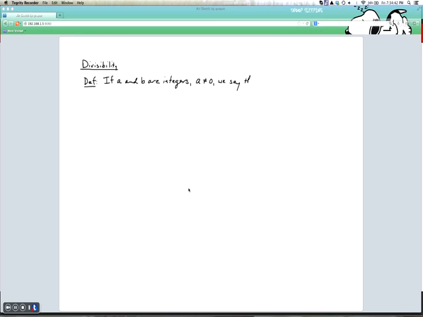We say that a divides b, and the way we denote that is with a vertical line, a vertical line b, okay,